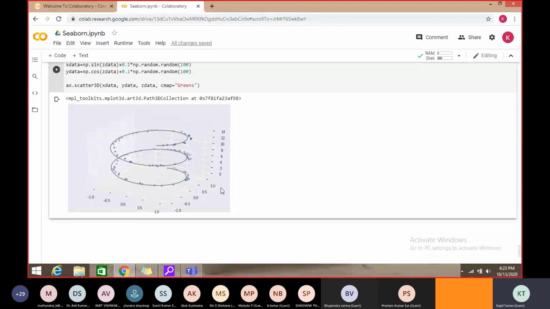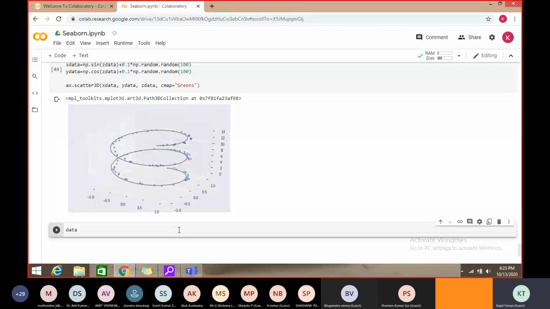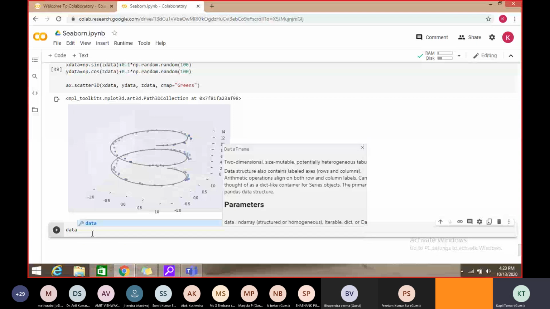And one more thing which I want to share with you is the power of the Seaborn library, which is very helpful for analyzing data.